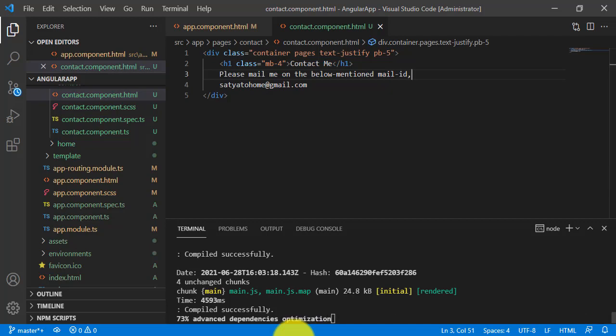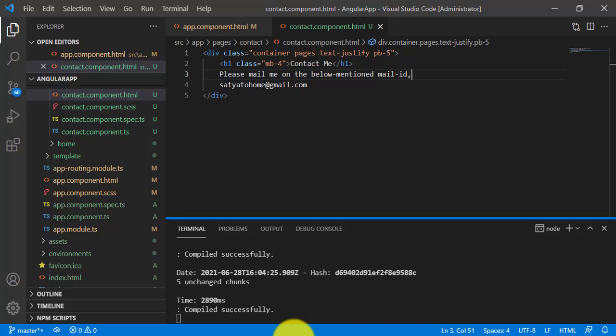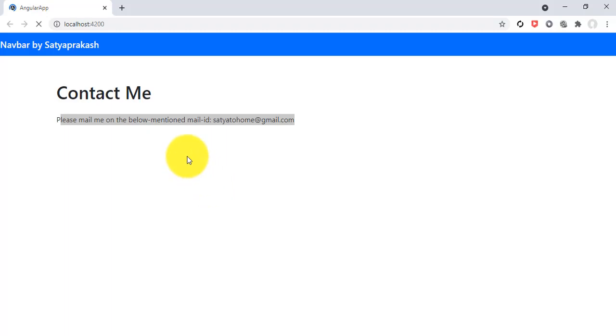You can see it is compiling, it will start building and compile our application, and it is compiled successfully. Now I'll go to my browser and refresh these changes, and you can see: please mail me on the below mentioned mail ID, satya2home@gmail.com.